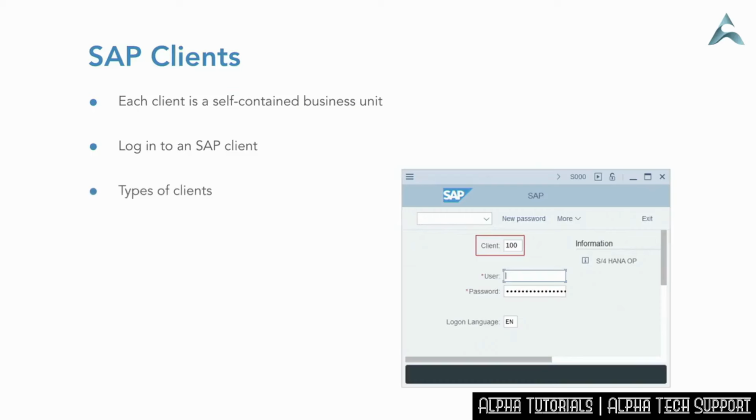If you're an end user, you'll normally log into what is called the production client. The production client is the system of record for a business. Another type of client is quality assurance. This is where system developers can check on customizations and development changes and make sure they'll work with other parts